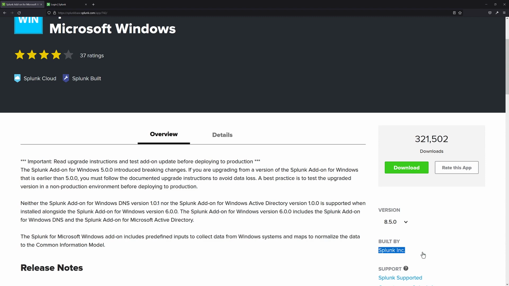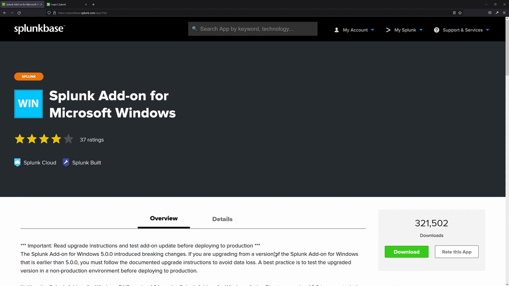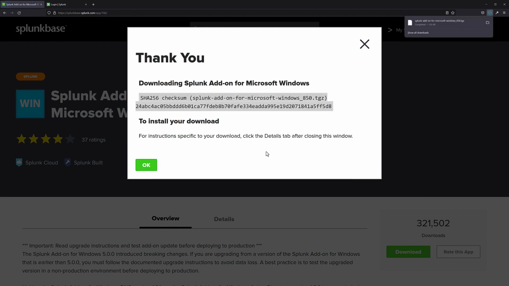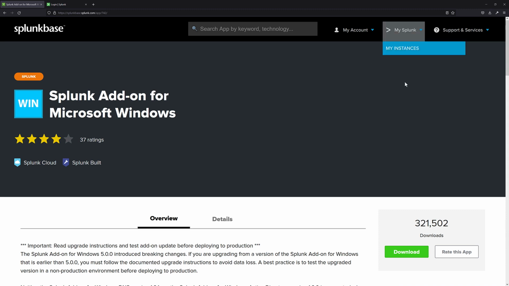So if you have a look here, this is built by Splunk itself. This is a very common app since a lot of enterprises are using Windows, and we are going to use this add-on in this course as well. So I'm going to select the download button. And I've already read the terms and conditions in the past, of course, and then I'm going to agree to download. And the apps are pretty small, you know, only folders and text files most of the time, so the